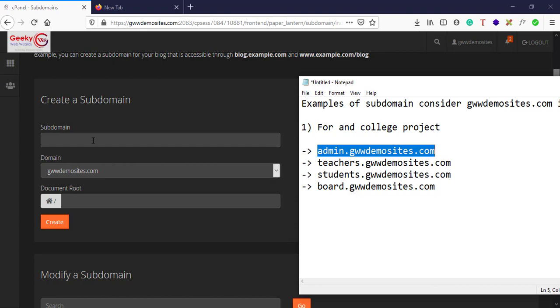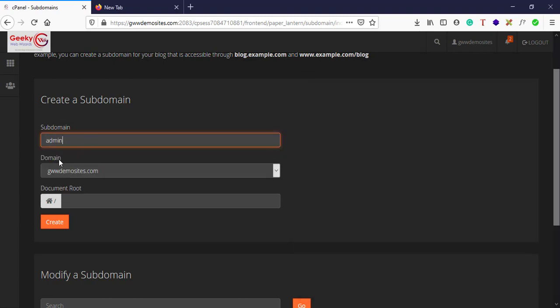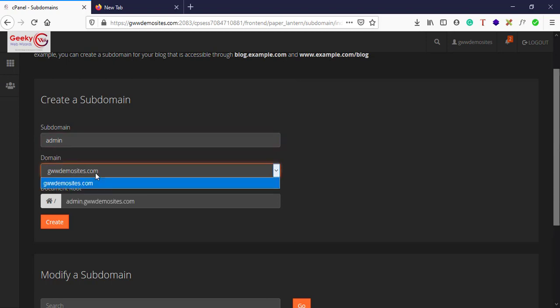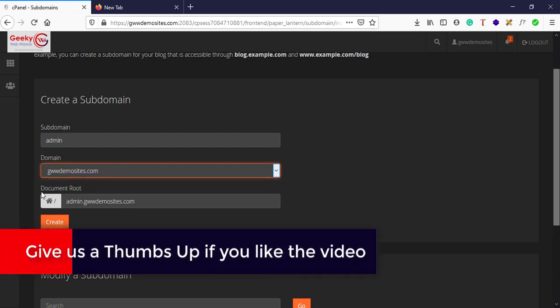admin.gwww.demosites.com. So here let's enter admin, and the domain name is selected already. If you have multiple domain names, just click on this drop down, and all the domain names connected to this particular cPanel will be listed here. Right now, I don't have any other domains connected, only gwww.demosites.com. So it's selected. And the document root,